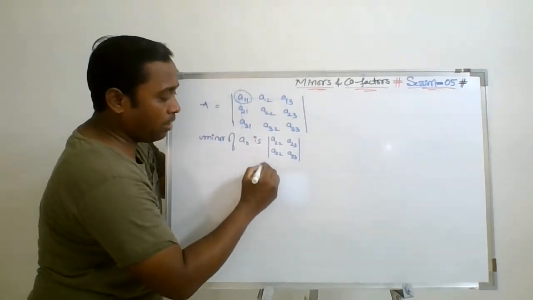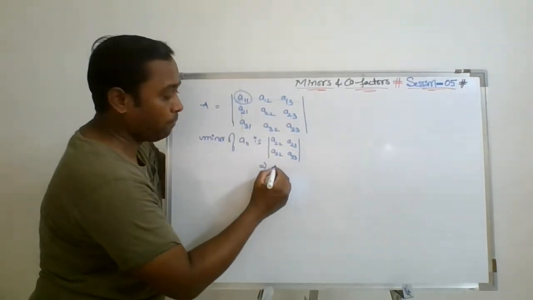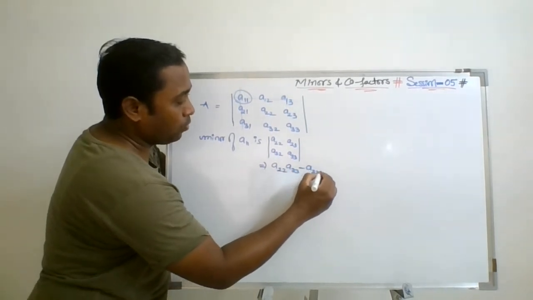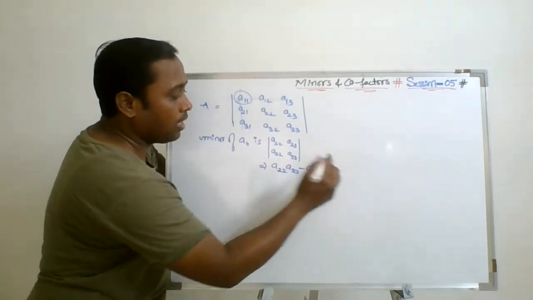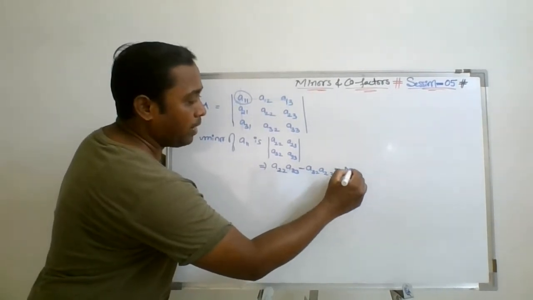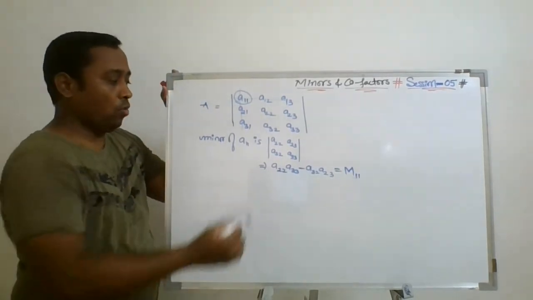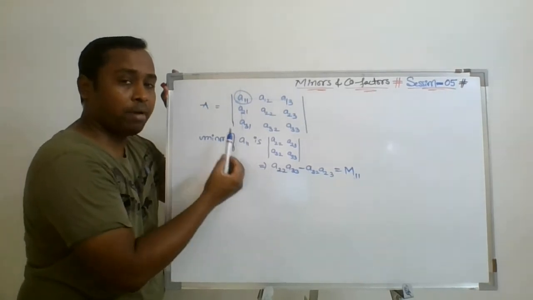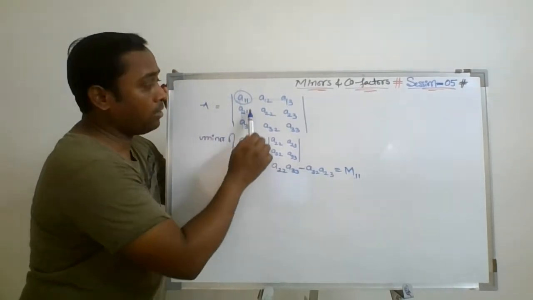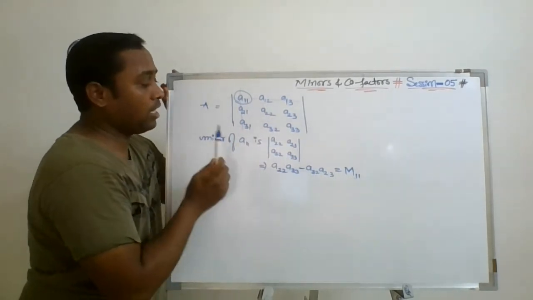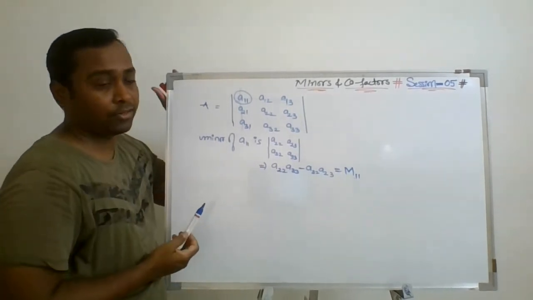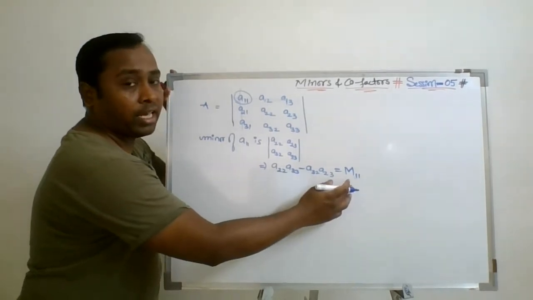By solving this, you will get one number, which may be a real number or a complex number. What is the product here? A22 into A33 minus A32 into A23. The value which we obtain is called the minor of the element A11, represented by capital M11. So how are we finding the minor of A11? Simply by eliminating the row and the column of that particular element, and that is obtained by calculating the remaining determinant. That means if we talk about the elements of a 3 by 3 matrix, the minor will always be 2 by 2, one less than the order of the matrix, right? So the minor of A11 we will denote by M11.